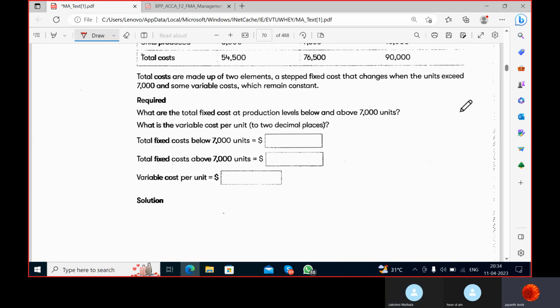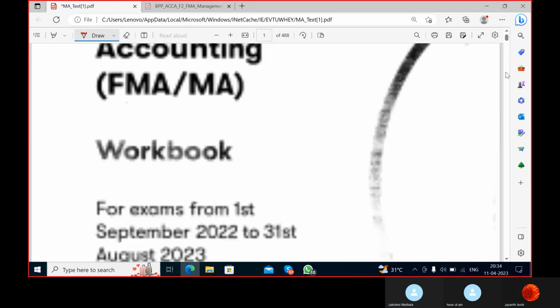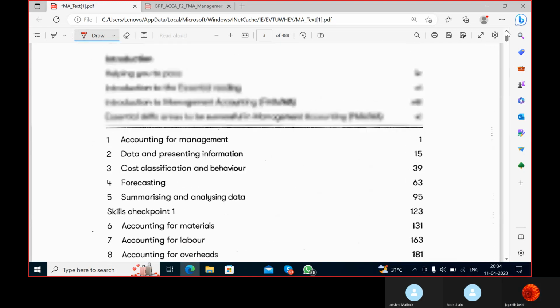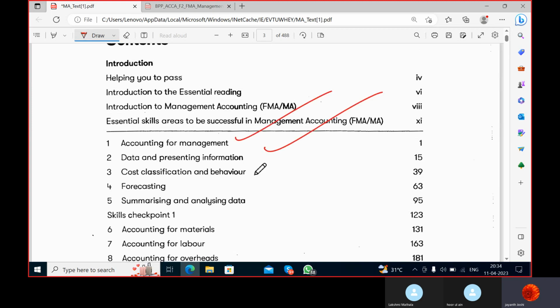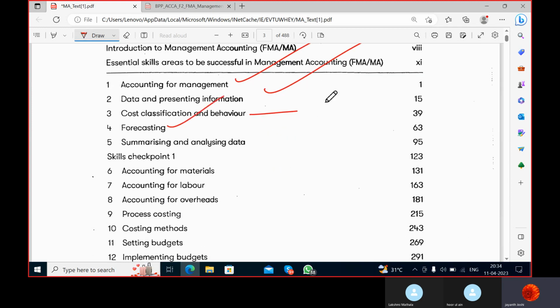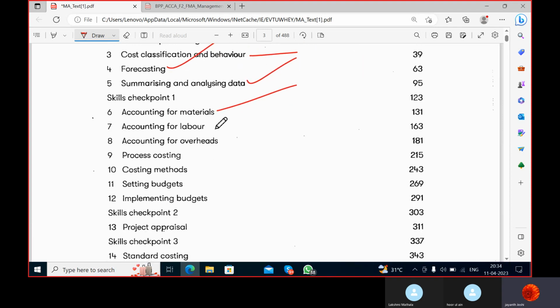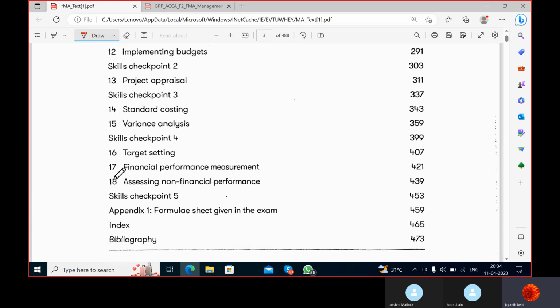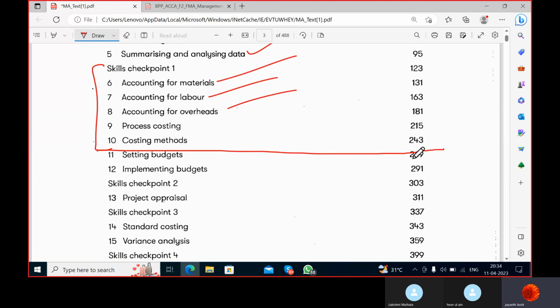I'm putting a target of 10 to 12 days for finishing these chapters. We have already done chapter number 1 and chapter number 2. Tomorrow we'll wind up this one. Then forecasting, a day or two. This one will be easily finished. I'm targeting 10 chapters in a week's time. So now things will be fast. Please catch up. There are just 18 chapters in this book, so we can finish them soon.